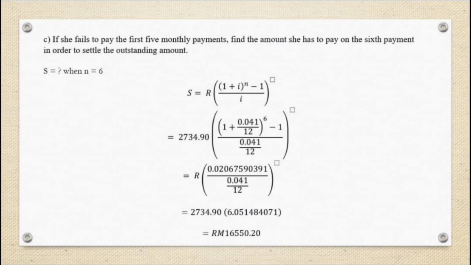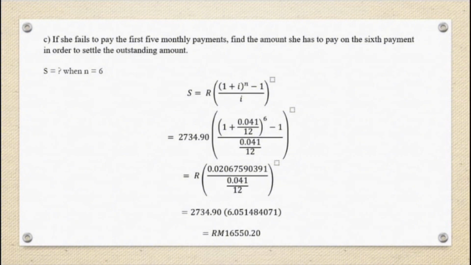the formula of future value annuity. The formula of future value annuity is S equals R times (1 plus i) to the power of n minus 1 over i. We just plug the same values from the beginning into the new formula with changes in the value of n. 2734.90 times with (1 plus 0.041 over 12) to the power of 6 minus 1 over 0.041 over 12, which equals